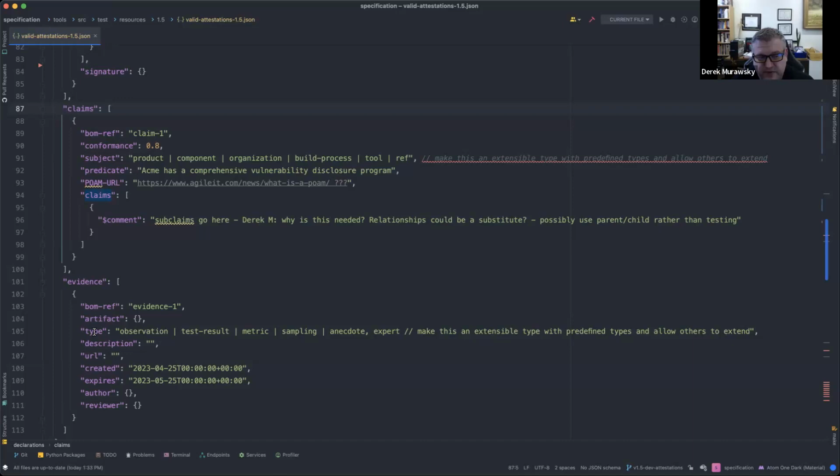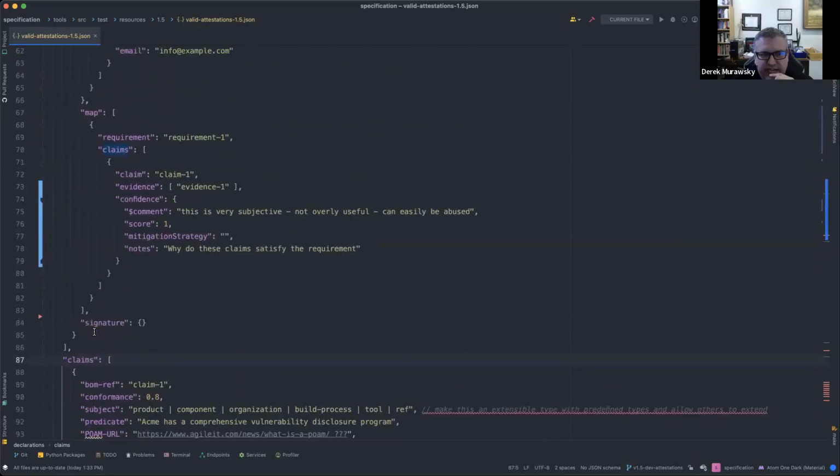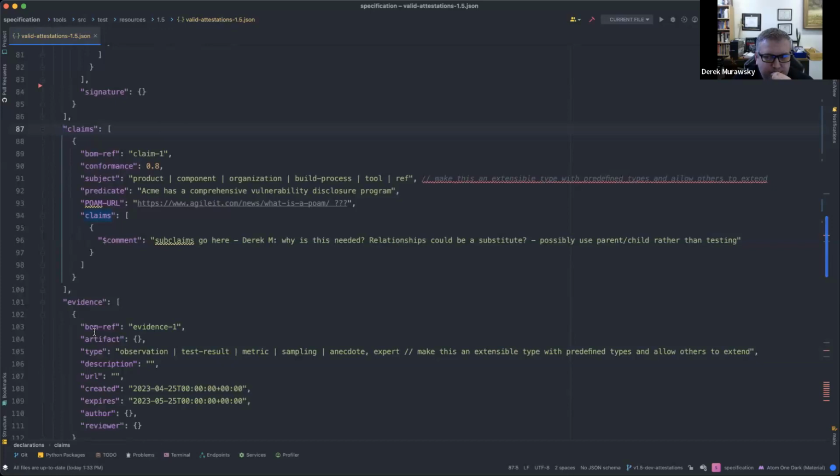And then we also have the created and expiring dates there as part of it. Or is that overloading evidence too much? I think from a machine readable perspective, I'm going to go look at policy and say, here's my requirements and I want to see evidence for everything. And suddenly you're going to see one that doesn't have one.